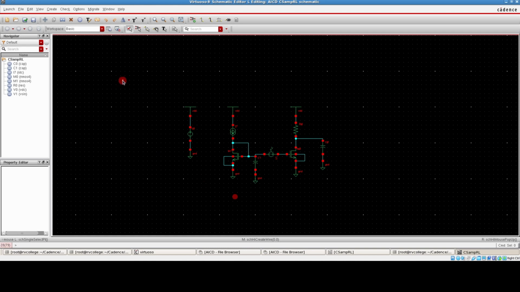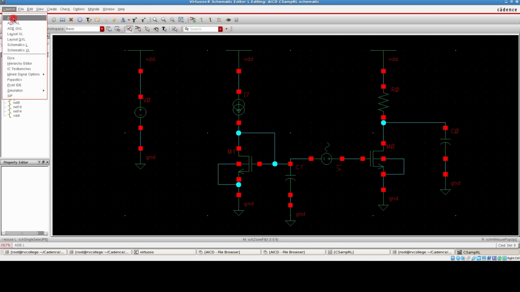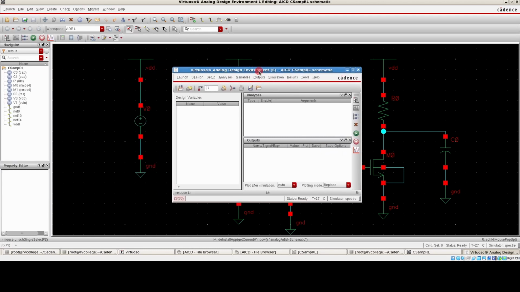Yeah. So completing this entire structure, we can just click on check and save, and after this we can perform a simulation on this, right? So click on launch, click on ADE, and we would end up having this as our screen.